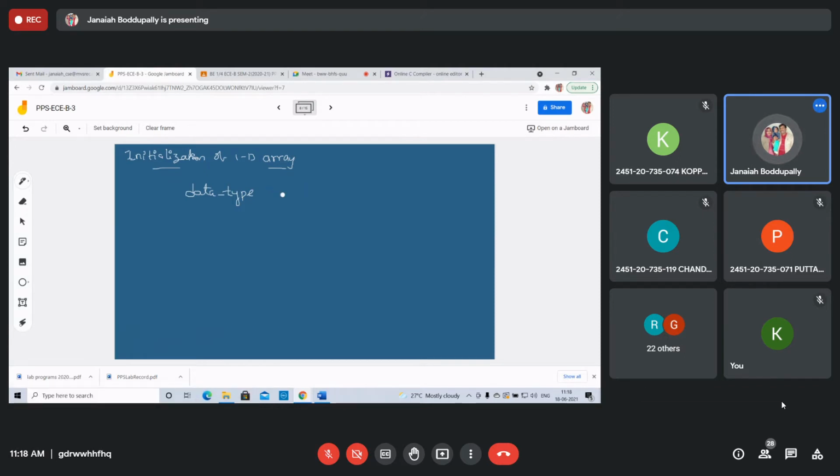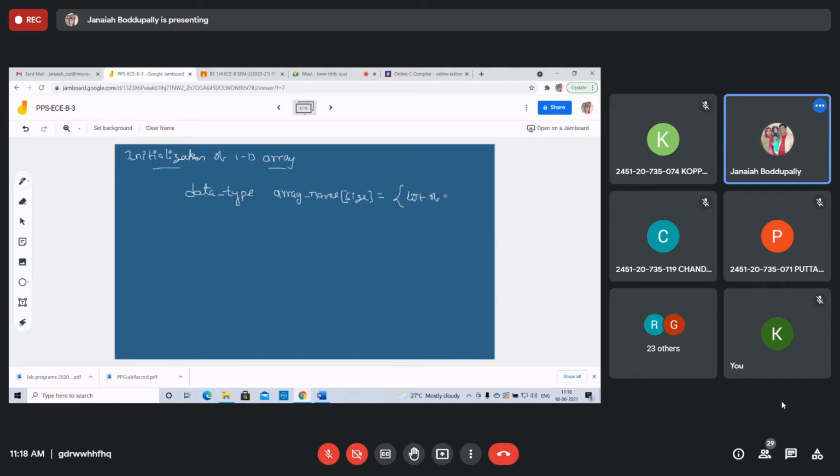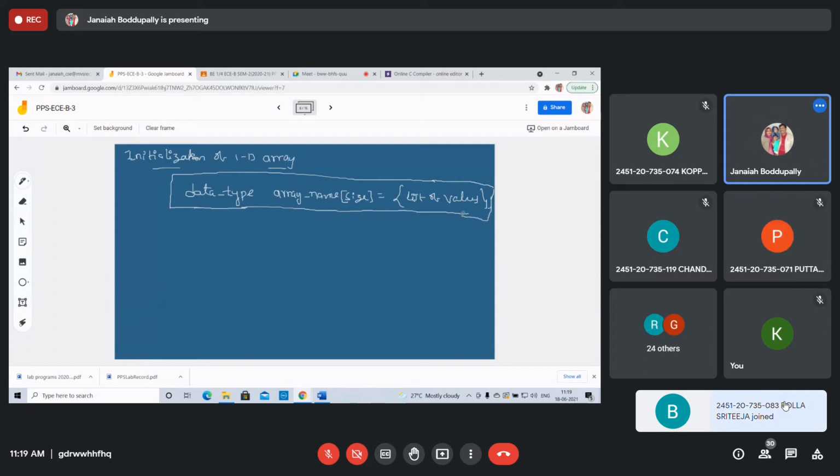Same like data type, array name, and the bracket size, equals, in the curly brackets write the list of values. The list of values are separated by commas, then a semicolon. This is the syntax of initialization of a one-dimensional array.